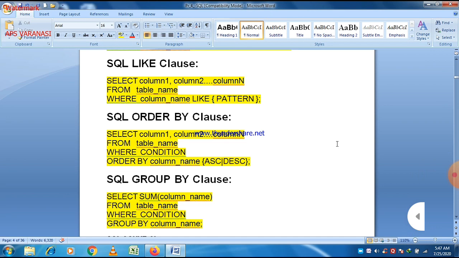When we use a like clause, it finds the data according to the character or input we provide. And next is the SQL order by clause. If you want to arrange data in ascending or descending order, there is a clause named the order by clause, and we put it after the where condition. If there is no condition, then we can put it after the from table name. Then we just write order by and then the column name,